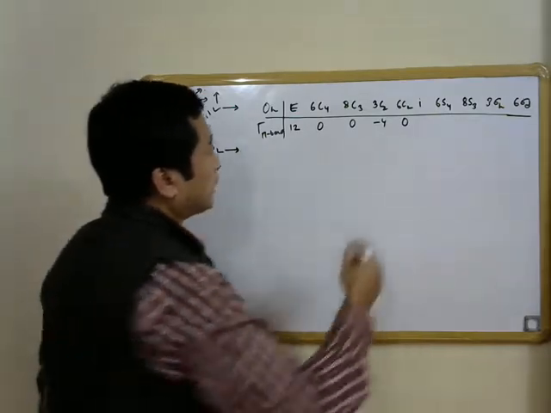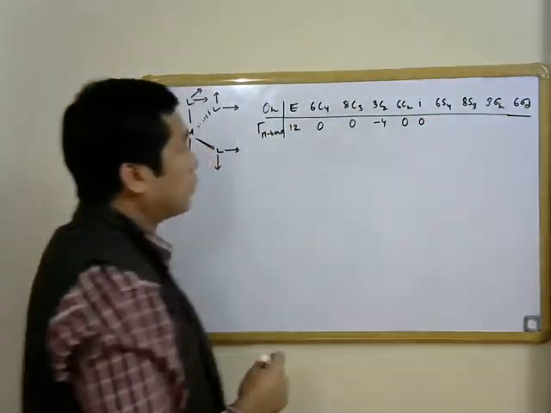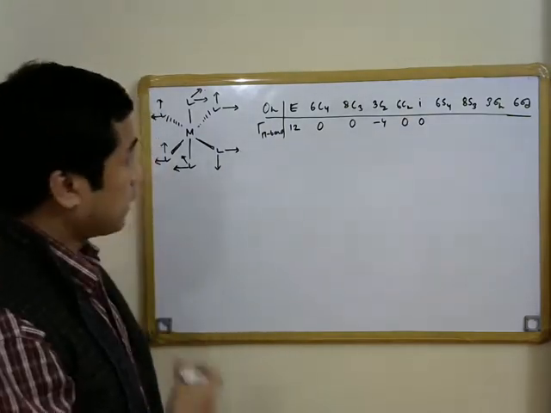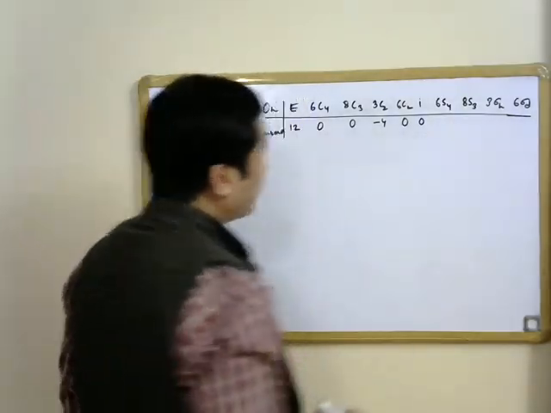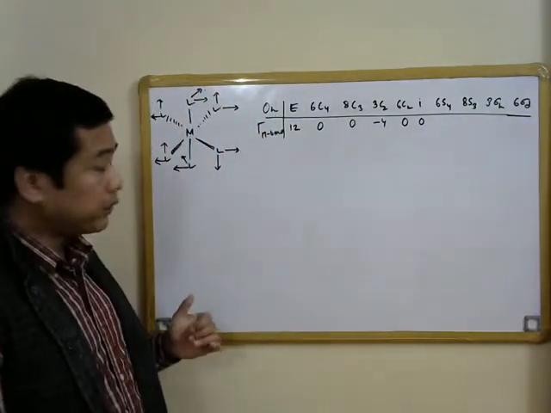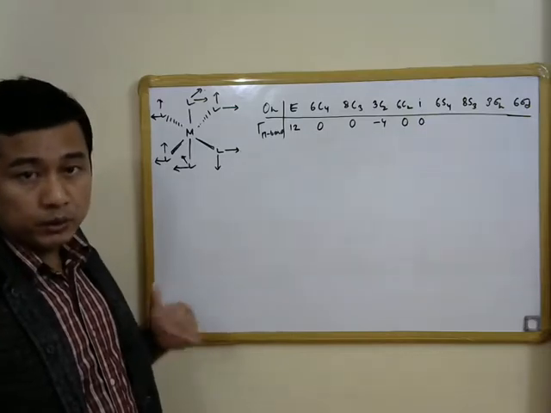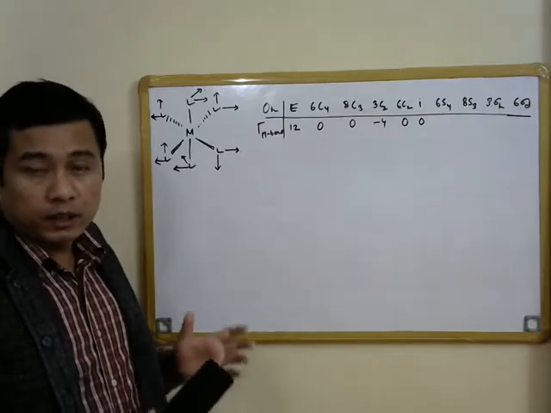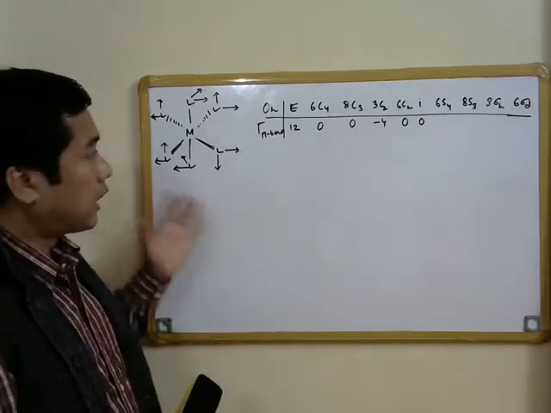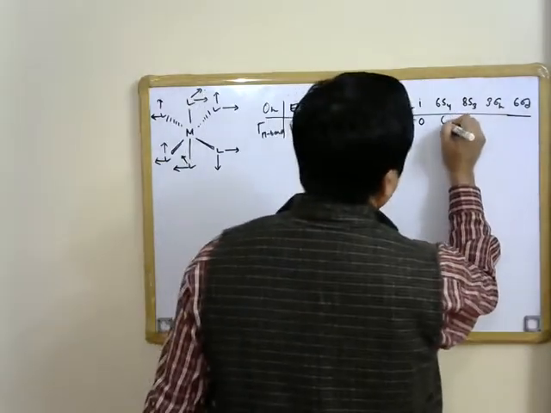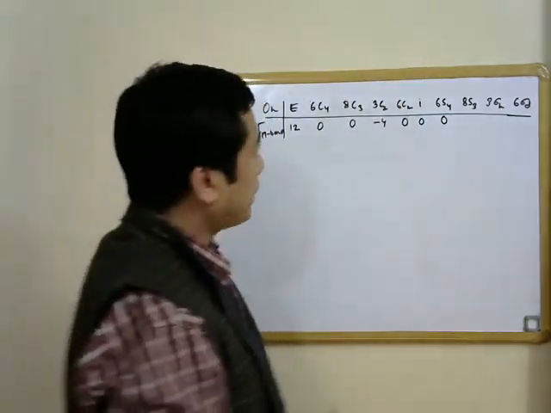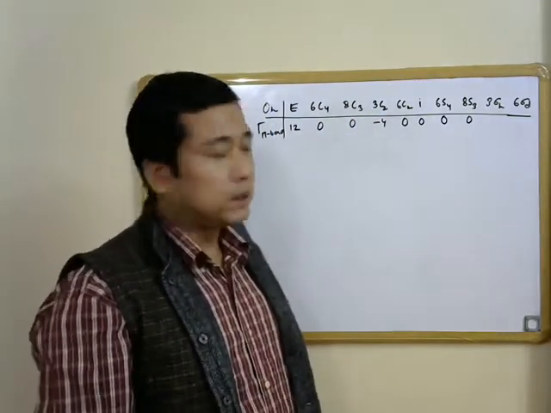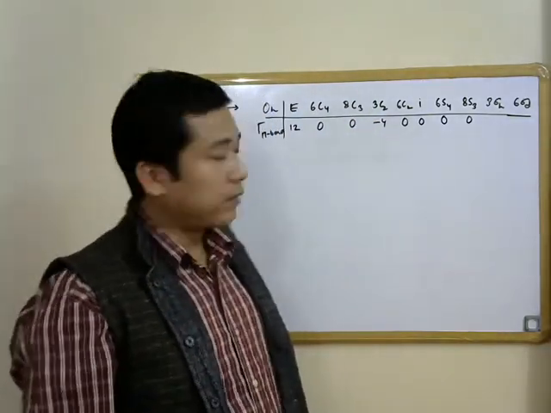Then we have the inversion operation. Again we will have 0 because all the ligands change position, and all the pi bond vectors as well change position. When we do S4, again because we do C4 and then we do sigma h, which is perpendicular to the C4, all the metal ligands and the vectors on all of these ligands are going to change position, which is also going to be equal to 0. S3 should be equal to 0 because simply when we did C3 itself, the character became equal to 0.